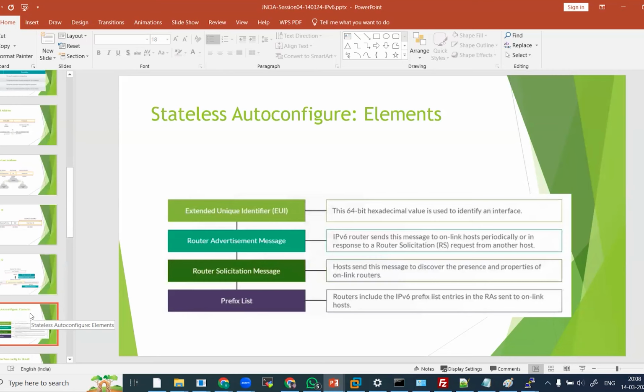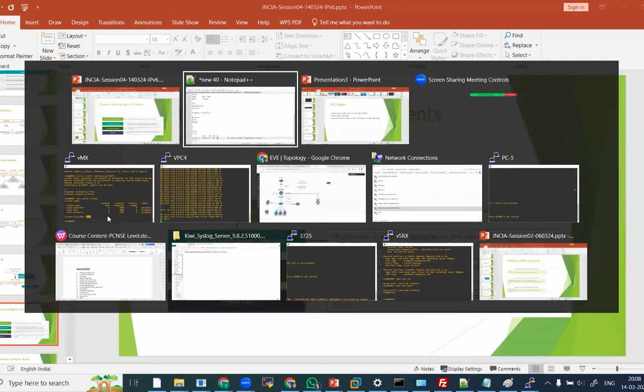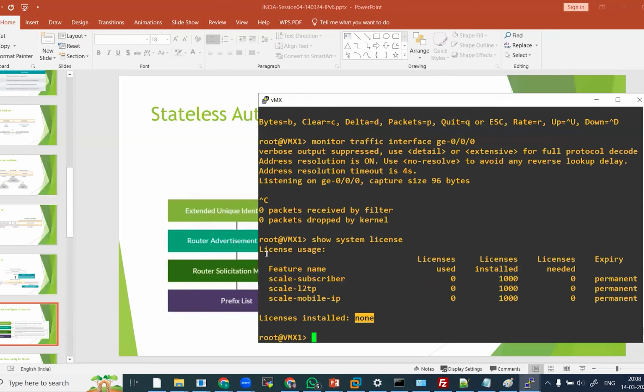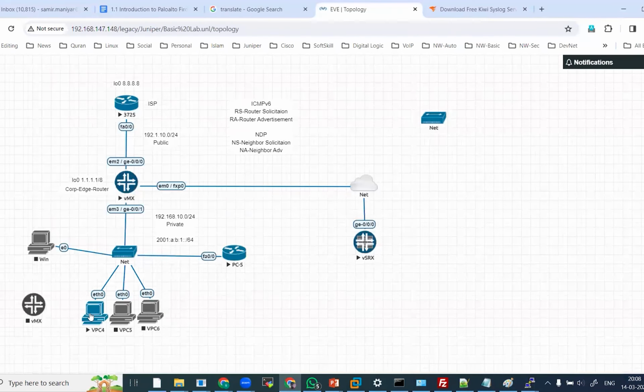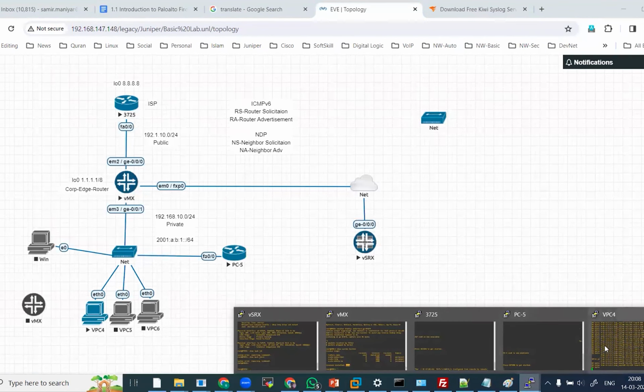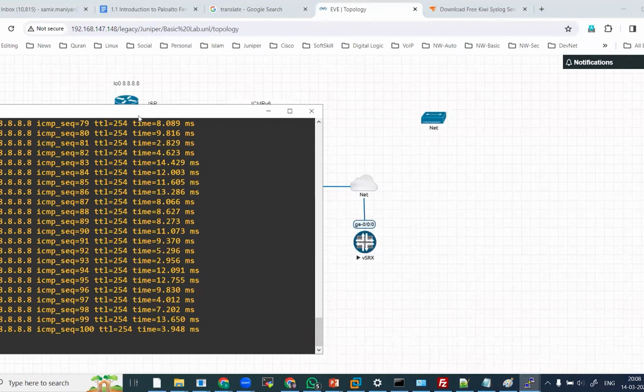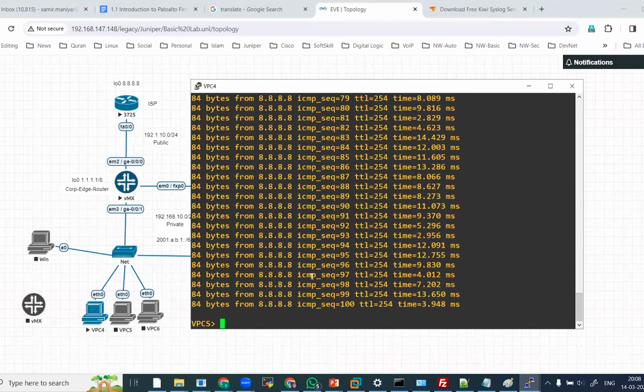Yesterday, we were trying to implement the IPv6 address with the help of an IPv6 router, but this VMX router was not working as an IPv6 router. Right? Now I have made a few changes, and because of this, this VPC4 got the IP address now. Let me check. Show